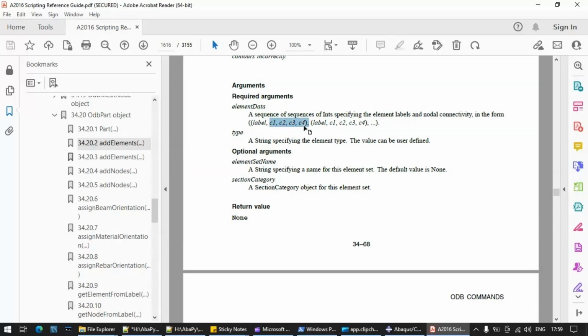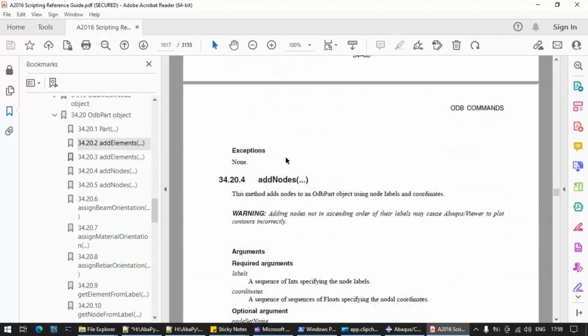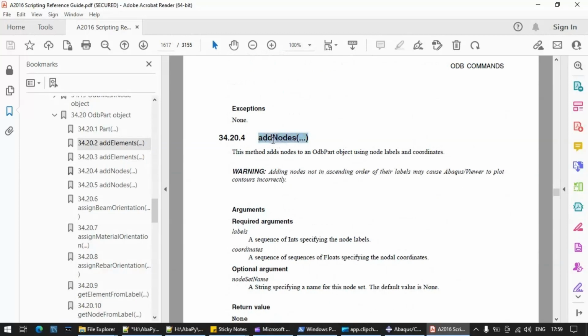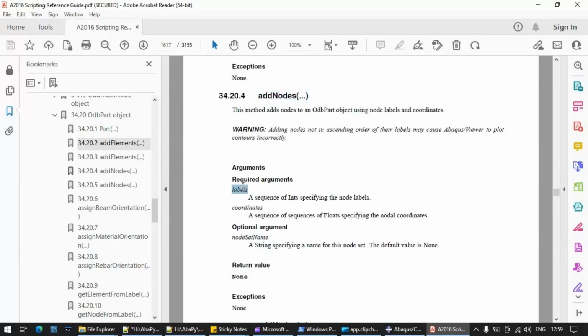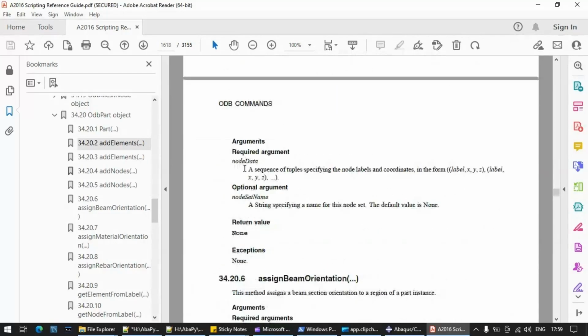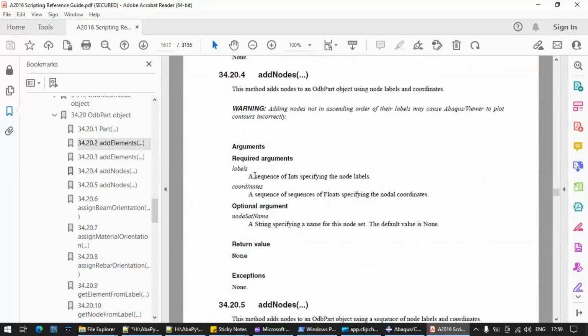But if you do not add the nodes themselves and directly add the elements, then it will give an error, because an element cannot exist without nodes. So again for addNodes we also have two methods, one requires labels and coordinates, and the other requires node data, with label and coordinates together. We have saved these two variables separately, so let's use this.